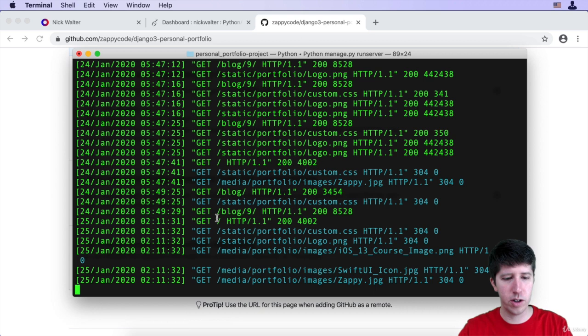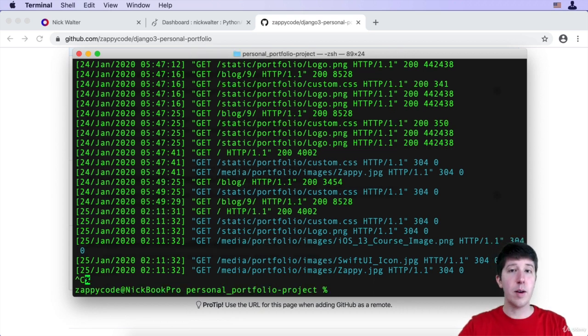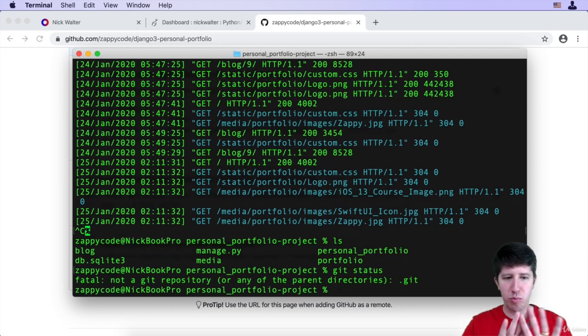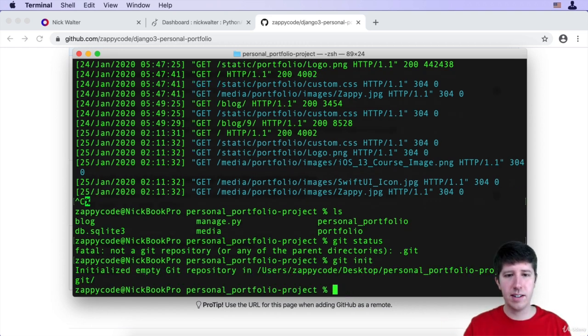Our server is running, so I'm going to do a Control-C, and I'm going to make sure I'm in the space that has the manage.py. You should be there if you're running your server, but if not, make sure you get to that directory. And once you're there, go ahead and do a git status. We should see that Git has not been initiated yet, or maybe you did it on your own. That's totally fine. But I'm now going to do a git init, which starts up Git,